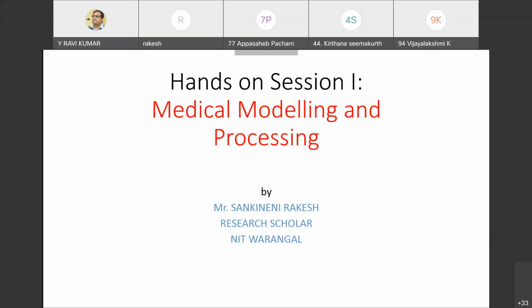First I will give a lecture on the ITK Snap, like a demonstration. After that, I will tell you what to do, and then in the Mimics software, I will explain how to convert the diagram images to STL file. These two, ITK Snap and Mimics, are the softwares which are useful to convert these diagram images to STL.